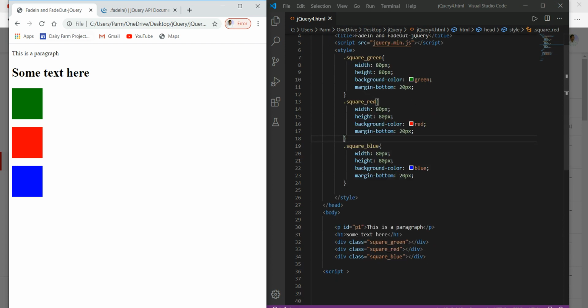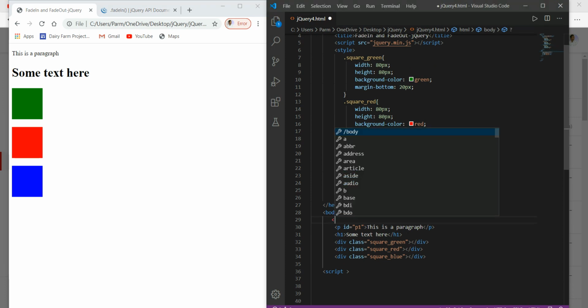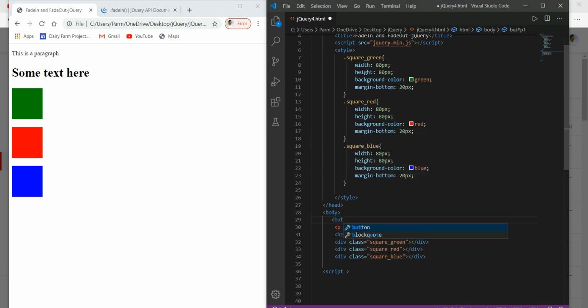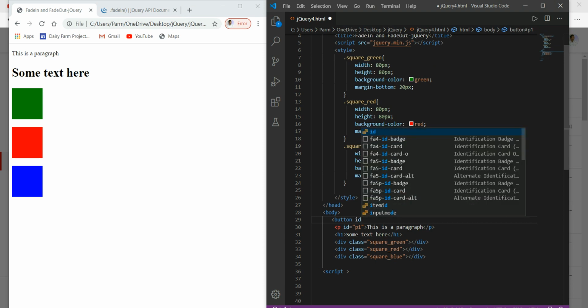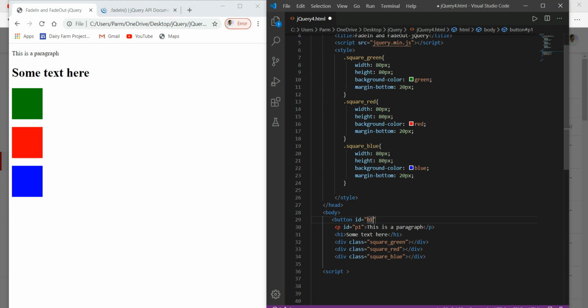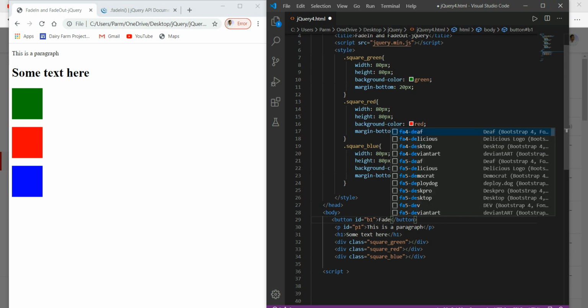Now in our browser screen I want a button somewhere. If I click on that button, this will fade out. Okay, so here I take button, I give an id to this button equal to say b1, and here I write fade out.